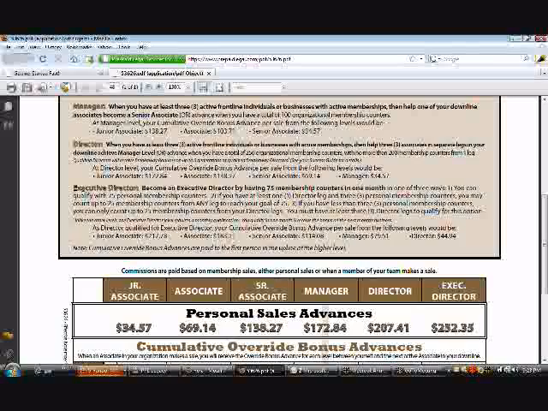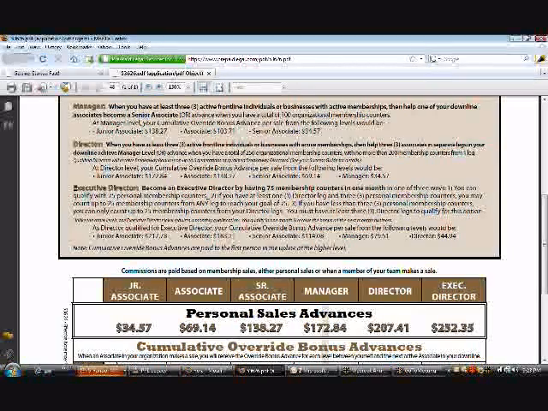This gives you a little idea here of how to become an executive director. Typically speaking, what you want to do is have one director in one leg and three personal sales. Then you can count 25 sales from each one of those three legs to have a 75 total membership count, or sales, in 1 month. That's the only thing that you have to qualify for on a monthly basis. So if you didn't have three sales, you'd have to have three director legs, and then you could count 25 from each of the director legs.